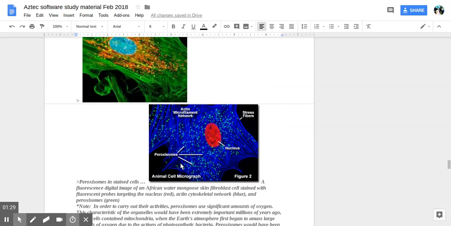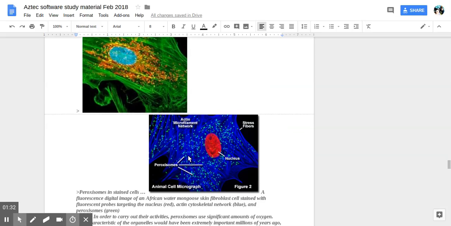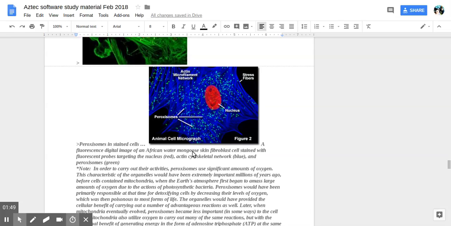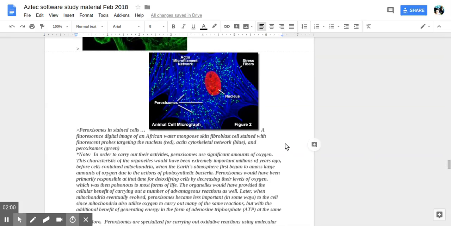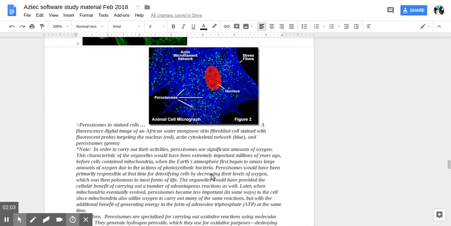Here, a fluorescence digital image of an African water mongoose skin showing fluorescent probes target the nucleus in red, the actin skeletal or cytoskeletal network in blue, and the peroxisomes in green dots. In order to carry out their activities, peroxisomes use significant amounts of oxygen in breakdown reactions, oxidative reactions. For example, breaking down the fatty acids,